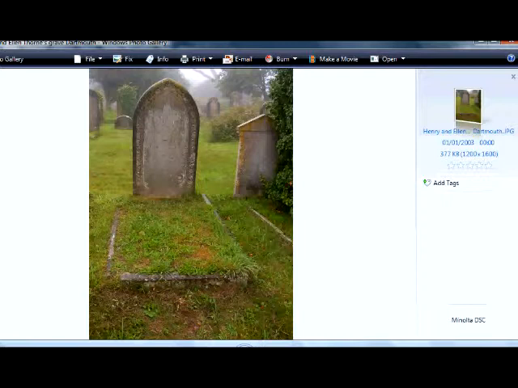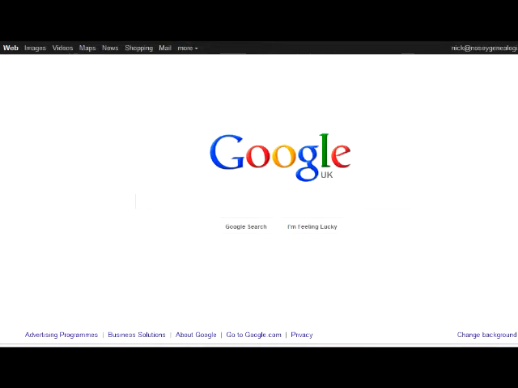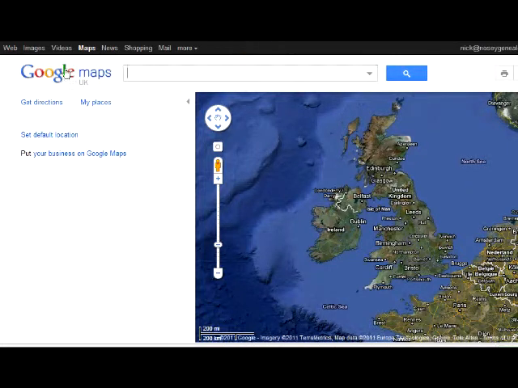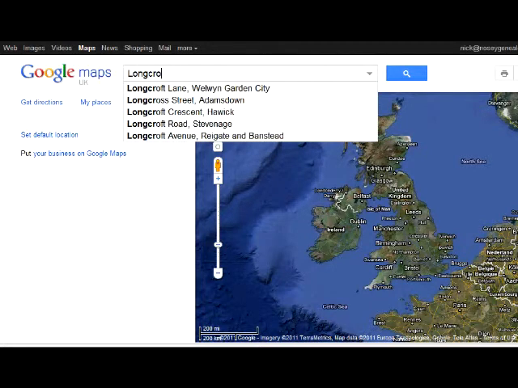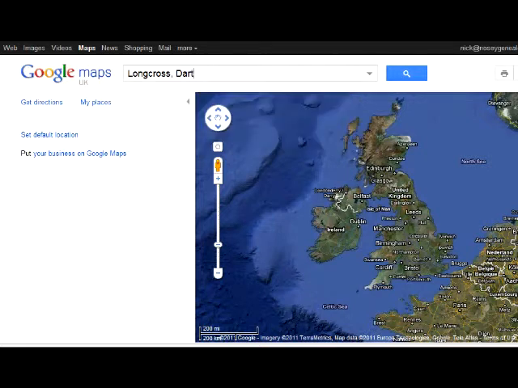And so I thought, yes, that's easy, I can write those down as best as I know them in an email. But then I thought, wouldn't it be better if I actually sent them a map with our ancestor's grave pinpointed on it? So I headed over to google.co.uk, and if you can see here, there are tabs, and the fourth one from the left is called Maps. So I clicked on that, and then in the Google Maps search I will type in Long Cross, because that is the area of Dartmouth where the cemetery is. Long Cross, Dartmouth, Devon, and do a search,